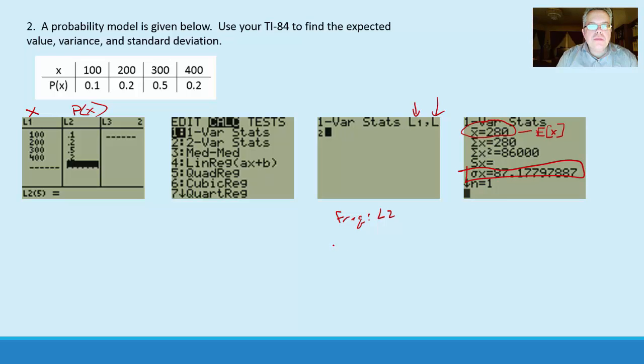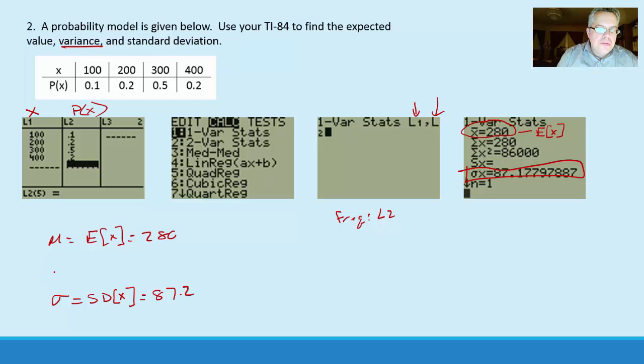And so that's great, but we're missing the variance. The calculator doesn't tell us the variance. So let me write the results here. Mu, which is the expected value, is 280. Sigma, which is the standard deviation, is equal to 87.2 approximately. Now, since they asked for the variance, we have to square the standard deviation. So if we have the variance, we take the square root. If we have the standard deviation, we square it. So in this case, 87.2 squared is